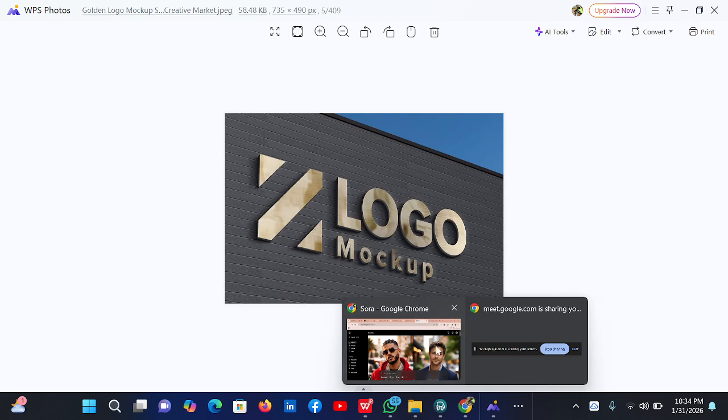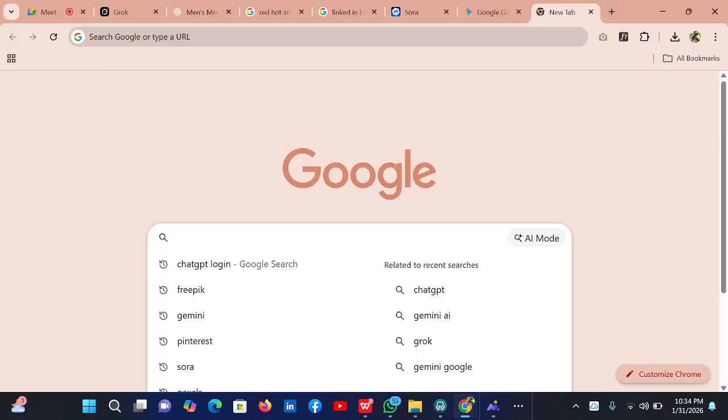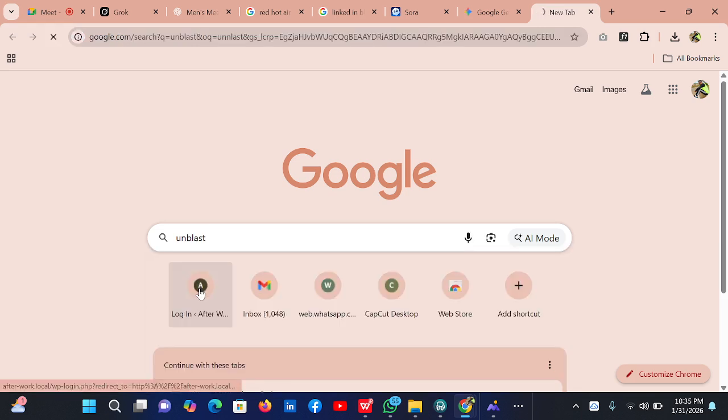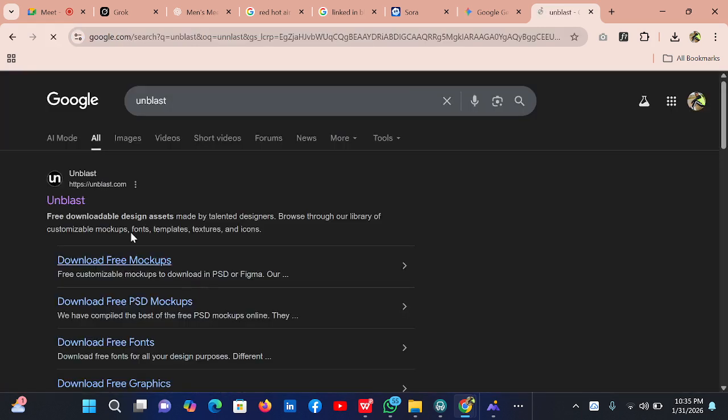You know, kitambo, in order to do a simple mockup will take you between 15 and 30 minutes. You will have to go to unblast.com. You can see that Unblast is where you download mockups.